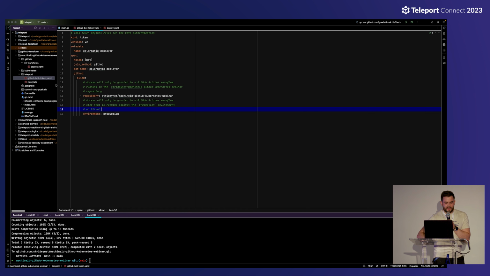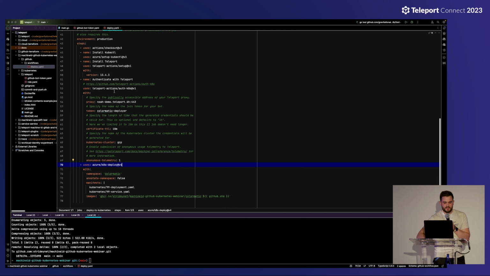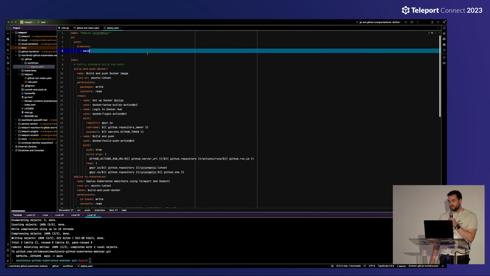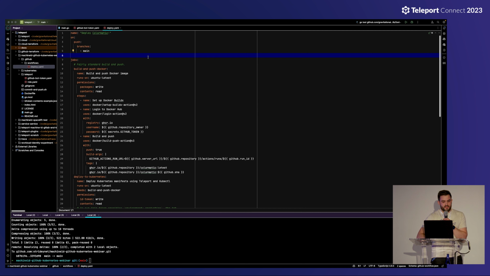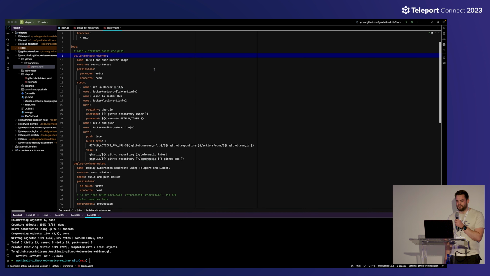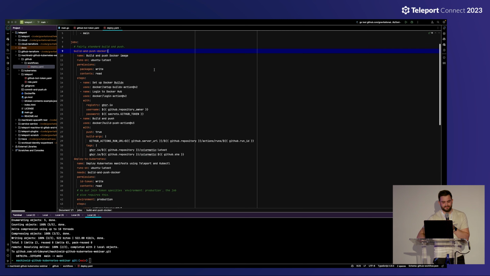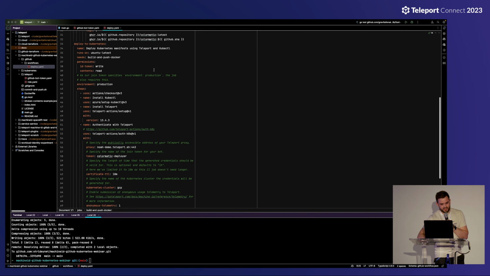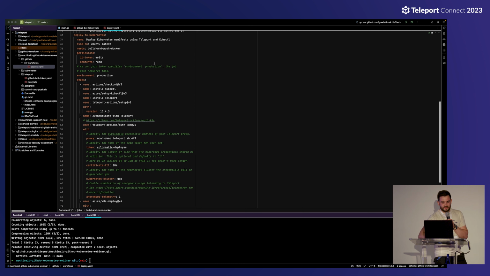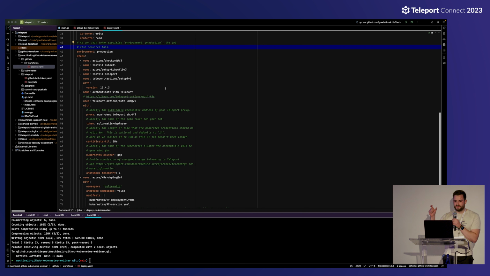We can now take a quick look at the actual workflow itself. GitHub Actions uses a YAML format for configuring its workflows, and it's fairly simple. In the first step of our process, we're just going to build and push a Docker image. There's nothing special or Machine ID going on here. But this is where the magic happens, the deploy to Kubernetes step. You'll note here that the environment has been set to production, and this means that the token issued by GitHub to the workflow runner that's running this workflow will contain that production claim. And therefore, when we go back to our join token, when the Teleport auth server is handling that initial authentication, it'll say, hey, that's good, it's set up against production.